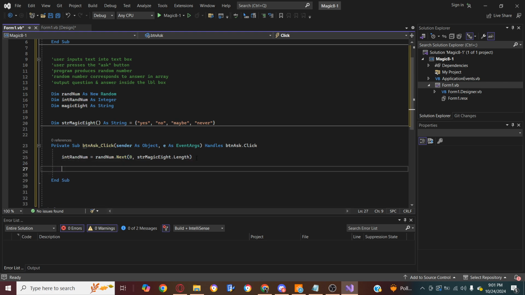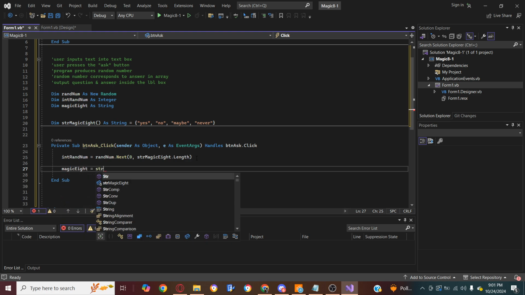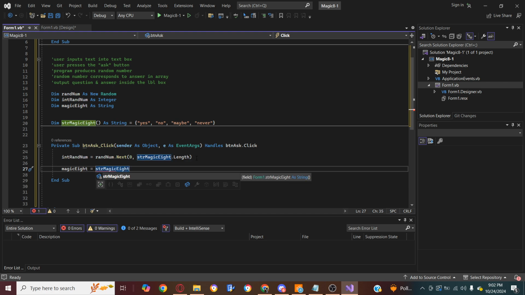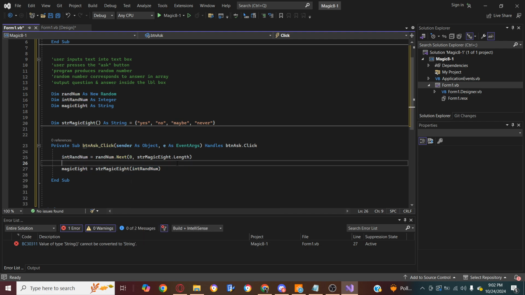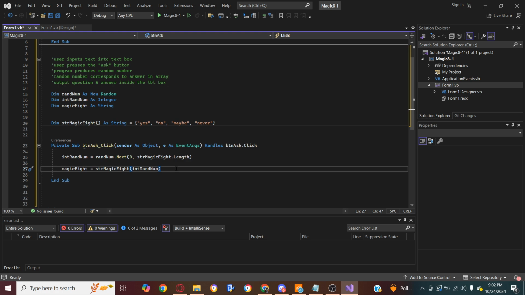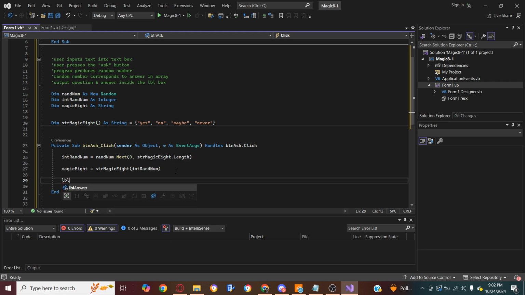We'll say magic 8 equals str magic 8 int rand num. That sounds right. And we still have no errors, so I think we're good. Okay, and now last, we've got the random number that corresponds to the answer on the right. And then we have to output question and answer inside the label box. So we will say label answer text equals